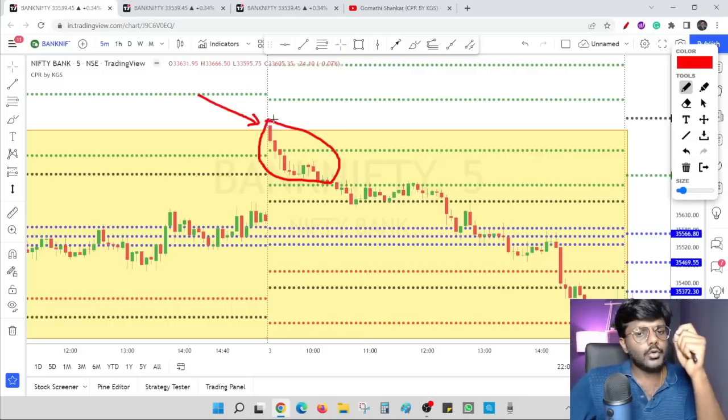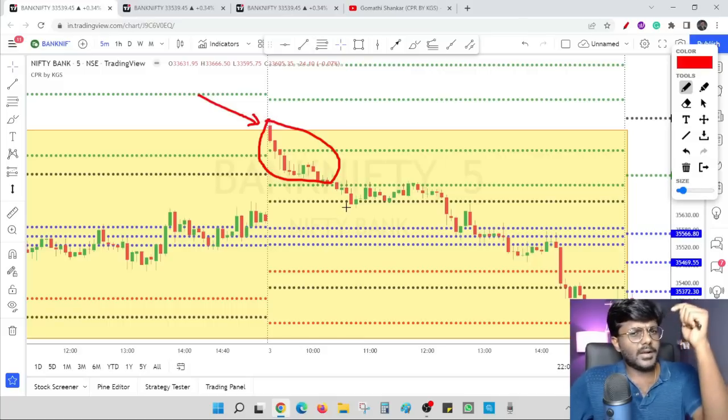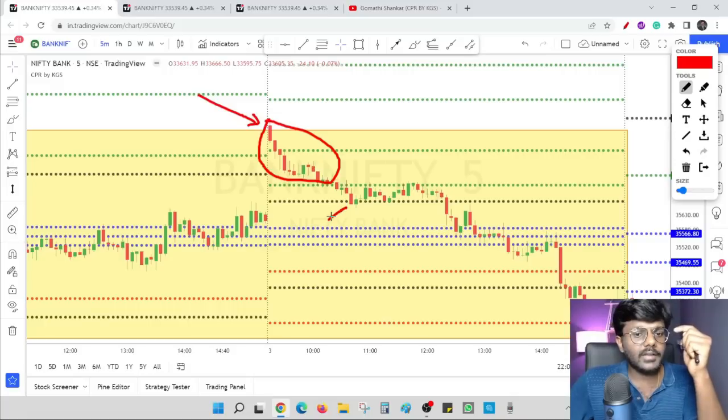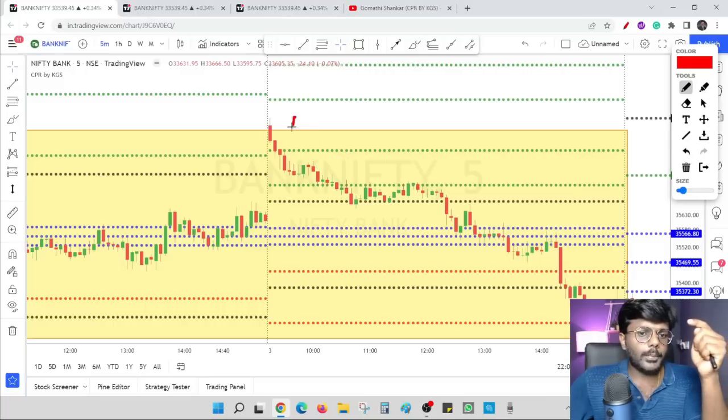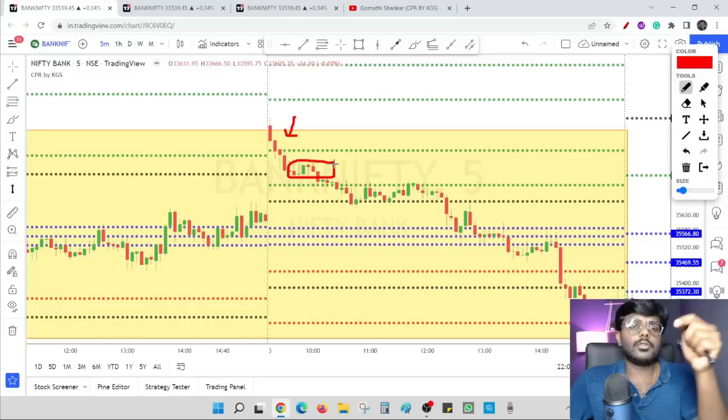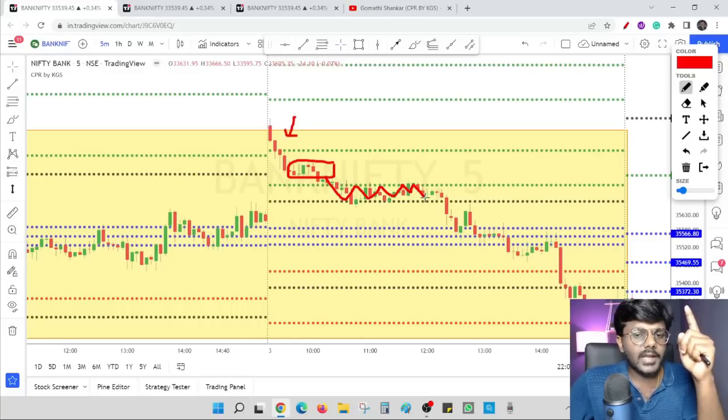You can see a lot of candles were showing signs of bearishness. So what you would do when the prices are coming below R1 and previous day high, that is the area we have to take a short position. If you are taking a short position at R2, it is risky. If you are taking a short position between R1 and R2, that is also risky, because there are higher chances the prices will take a strong support at R1 and previous day high, and there are higher chances the market will rebound.